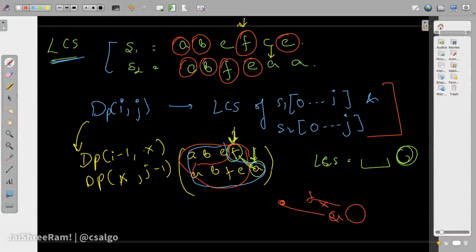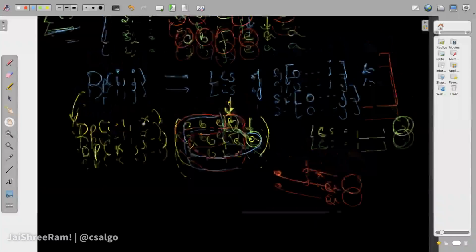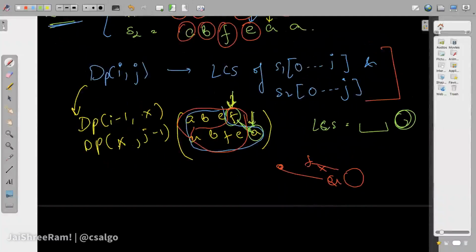Now let's talk about another instance of the problem. Let's take one more state. Let's say this is over here and this is over here, so that we want to make the characters the same. Now these are the two pointers i and j. Makes sense. Now in this case, of course, it is a possibility that we do not match it with this, but in this particular case, this is matching, right? These two characters are matching in the two strings. So we can say that